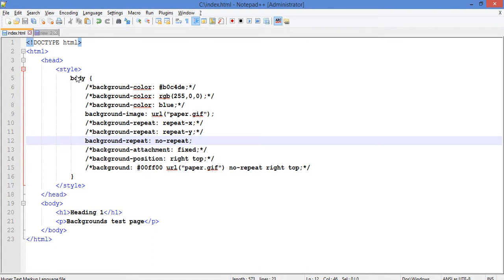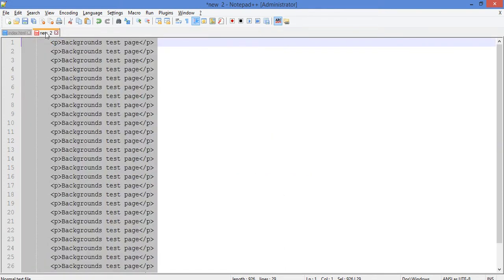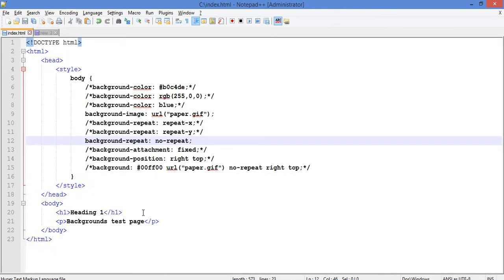And you could also mention if the background should be attached to a fixed position so that even if there is huge text within the web page, there isn't any scrolling of the image as you scroll along the web page. So you could copy some huge text in order to demonstrate this particular feature.